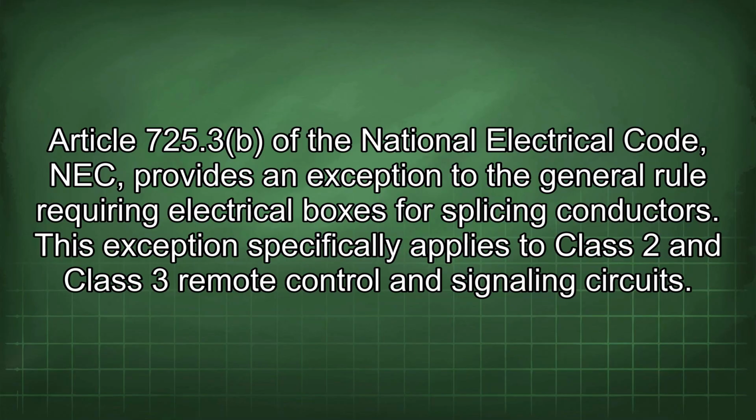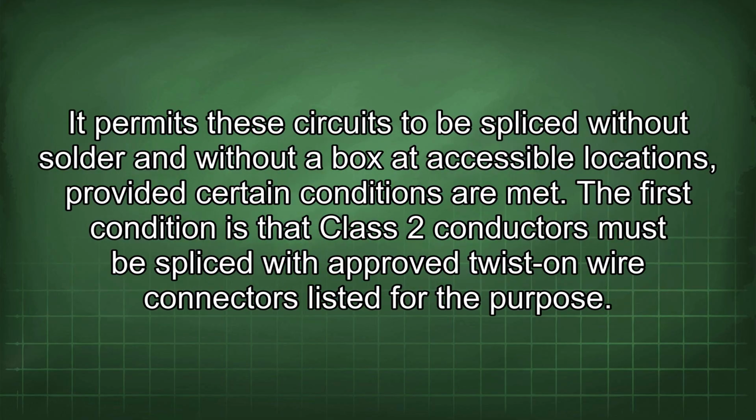725.3 of the National Electrical Code, NEC, provides an exception to the general rule requiring electrical boxes for splicing conductors. This exception specifically applies to Class 2 and Class 3 remote control and signaling circuits. It permits these circuits to be spliced without solder and without the box at accessible locations, provided certain conditions are